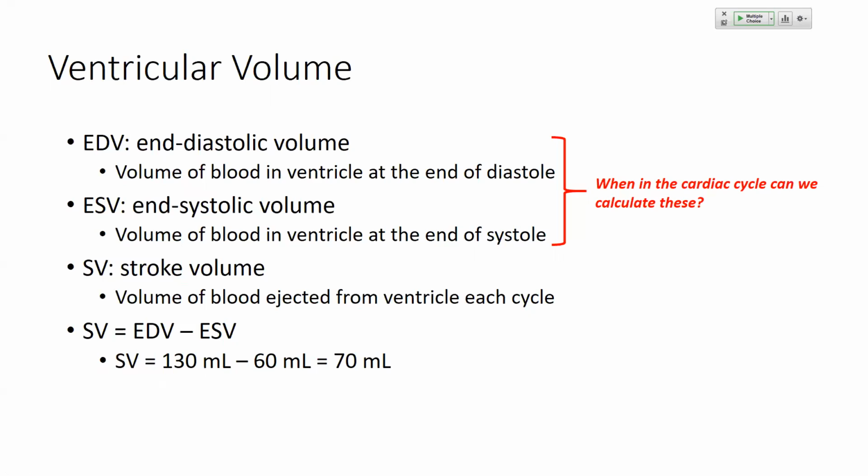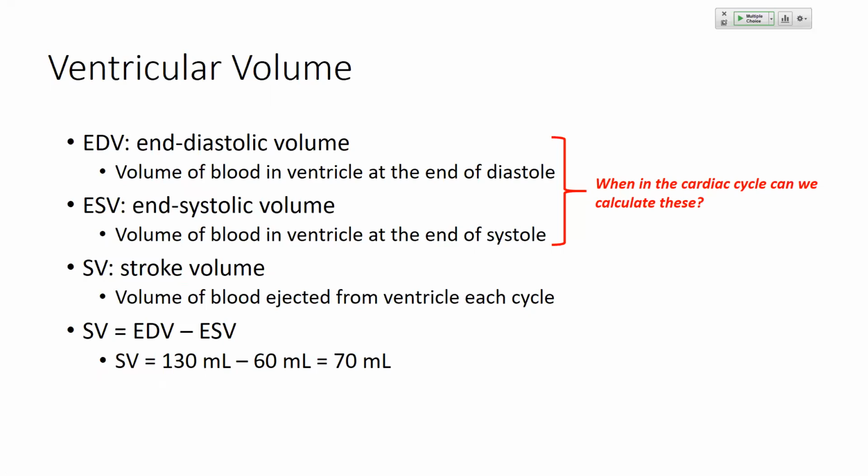At what point of the cardiac cycle do you think we would measure end diastolic volume? Phase 1, 2, 3, or 4? It would be at the end of 1 or throughout 2. Now remember, the volume in 2 does not change. So if you measure the volume at the beginning of 2, it would be the same volume at the end of 2, the same volume at the end of 1. So you can measure end diastolic volume at the end of phase 1 or at the end of phase 2,